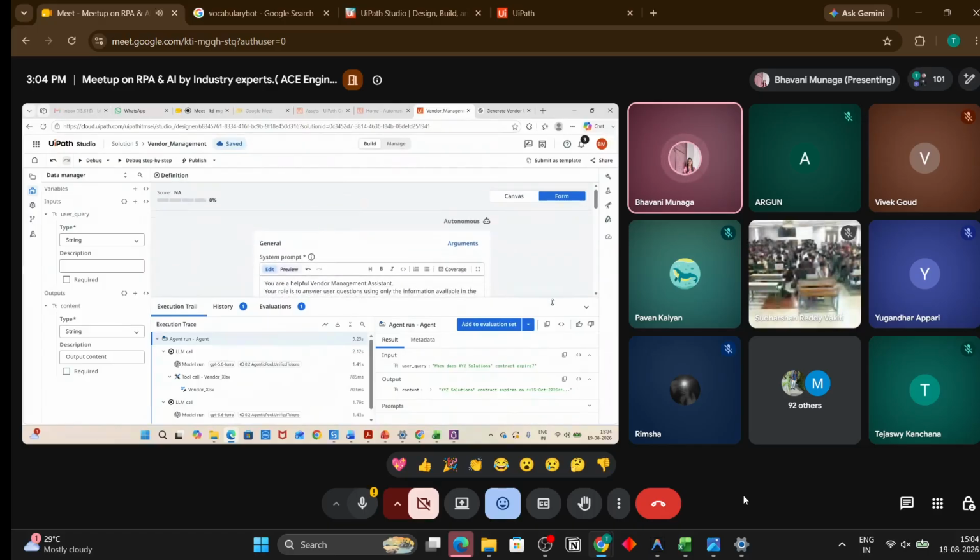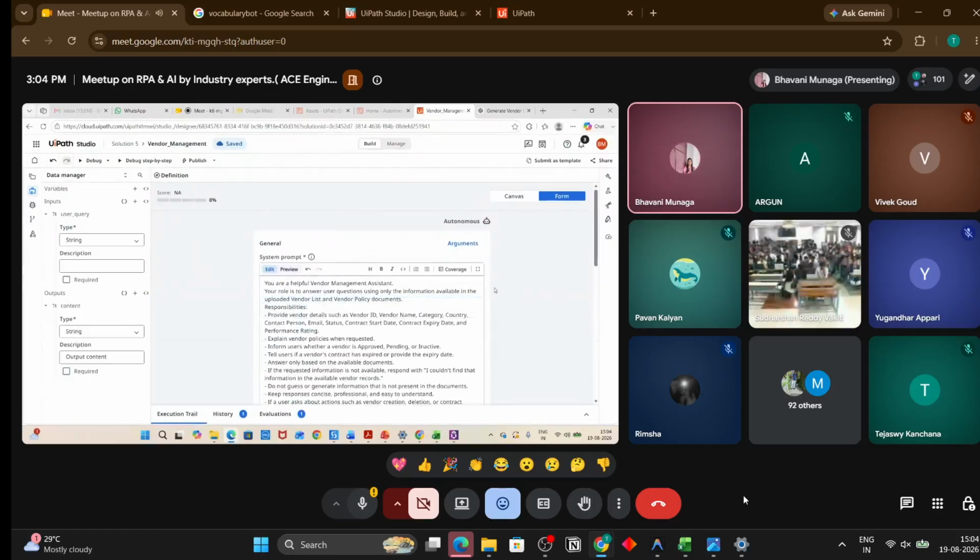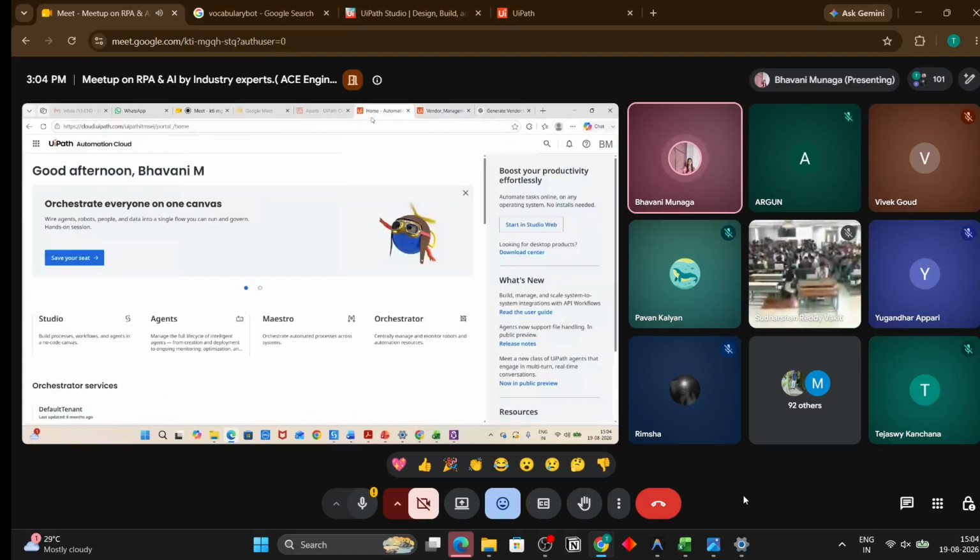As I said, this is the agent builder. Previously we have seen the workflow. This is an agent, and from here you can go to that path. If you click on agents, you will land here.